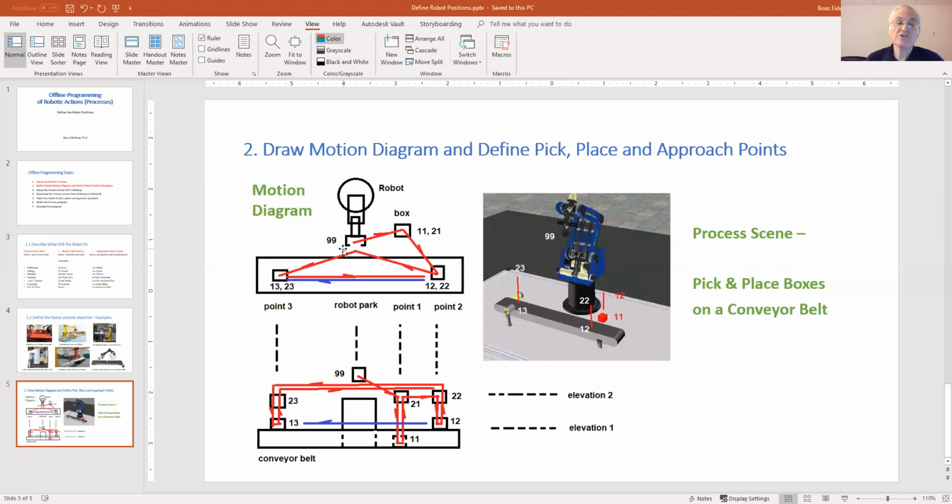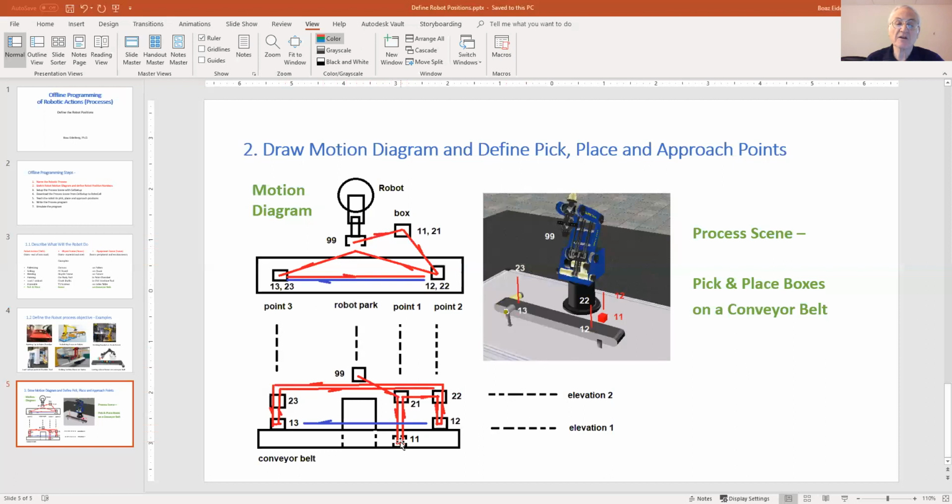So the diagram also shows us the process of the robot motion. The robot starts from 99, going to position 2-1, elevation 2 and point 1.